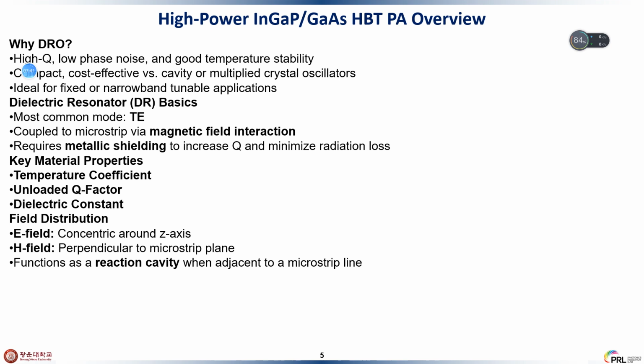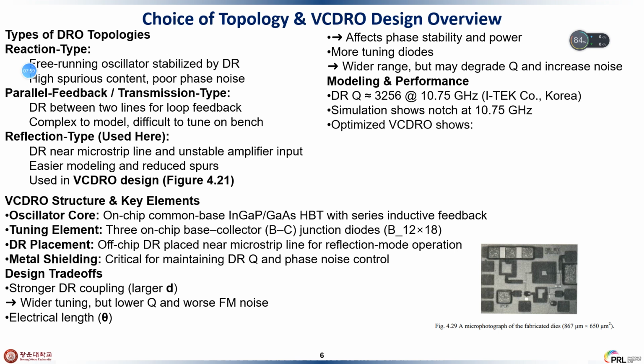For the electric field, it's concentric around the Z axis, and the H field is perpendicular to the microstrip plane. So it functions as a resonant cavity when adjacent to a microstrip line. And then it's the choice of the topology and the VCDRO design overview. First we can see the micrograph of the fabricated die,